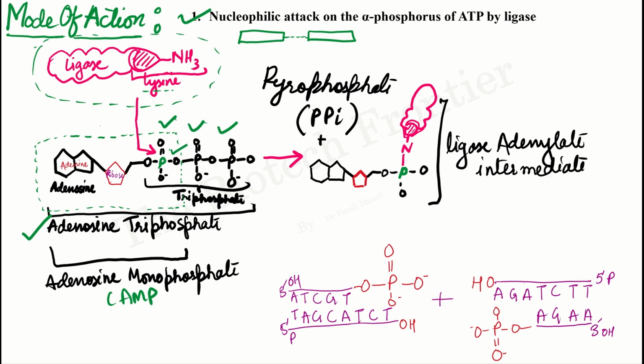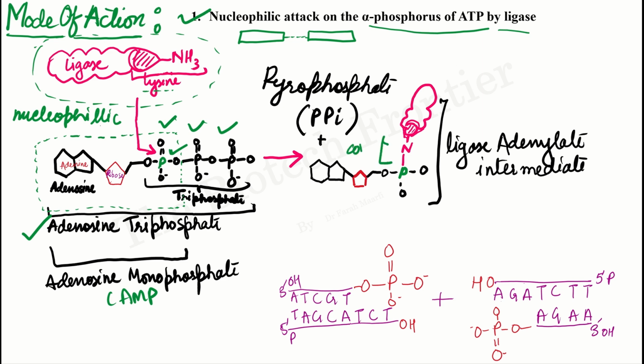This is the alpha-phosphorus atom of the ATP, adenosine triphosphate. This nucleophilic attack on the alpha-phosphorus of ATP by ligase results in the formation of a covalent bond between the enzyme